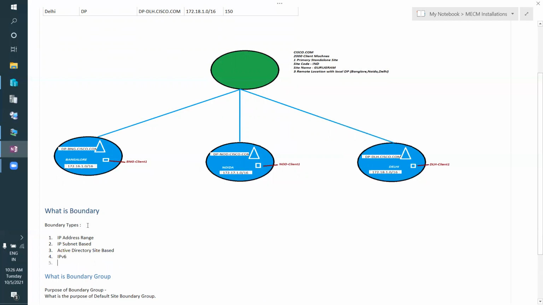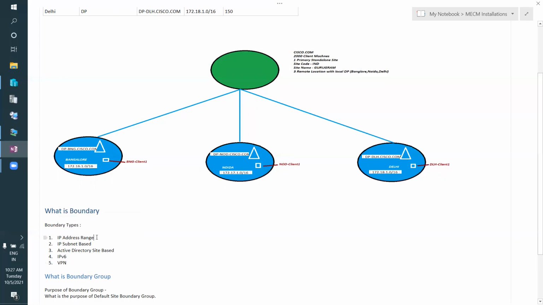And the fifth is the new one, that is for VPN. This is the new type of boundary introduced in the SCCM latest current branch, and we can use this boundary for VPN purposes.